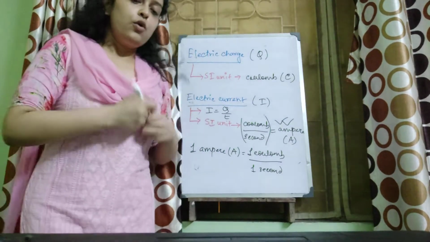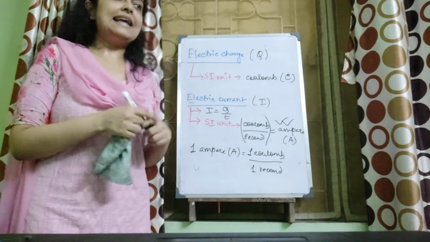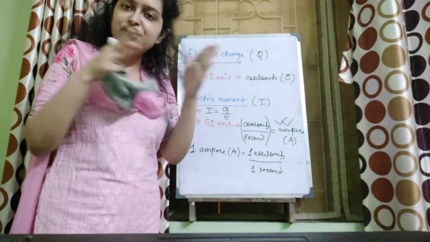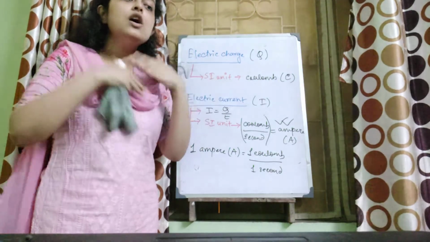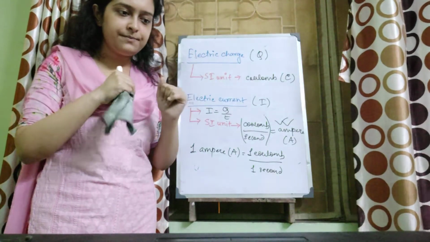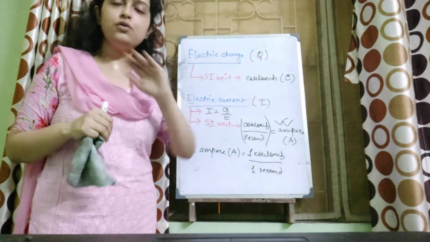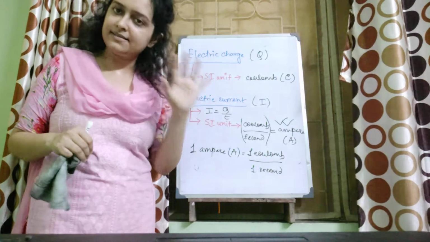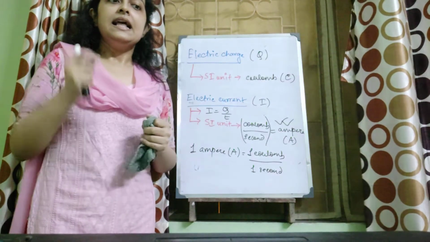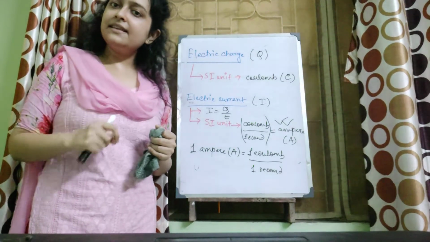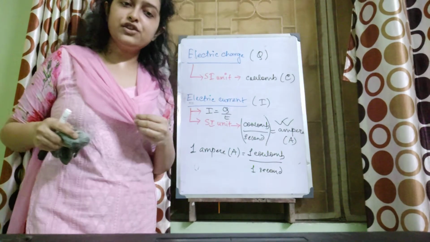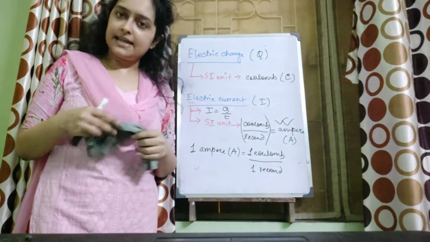Now, we say that static electricity is due to the static charges. That means the charges which are not in motion, which are stationary, over surfaces of certain substances. So, static electricity, we will again do it in class 8. Don't worry. Now, current electricity, we say that the movement of the charges constitutes the current electricity.